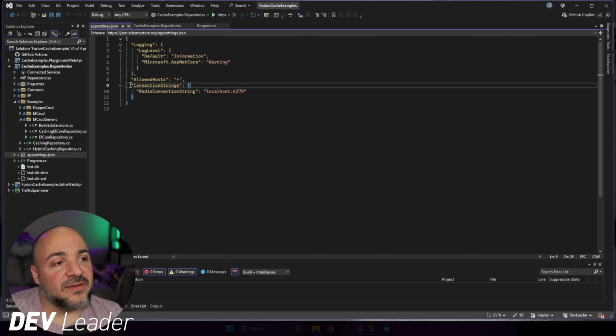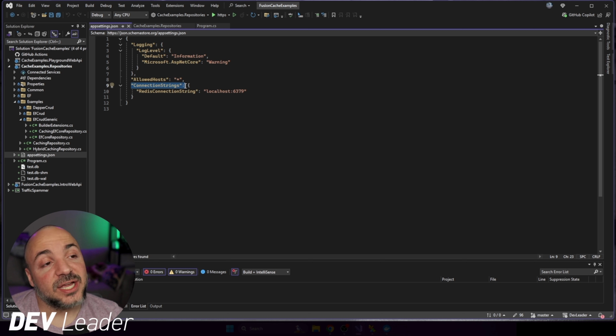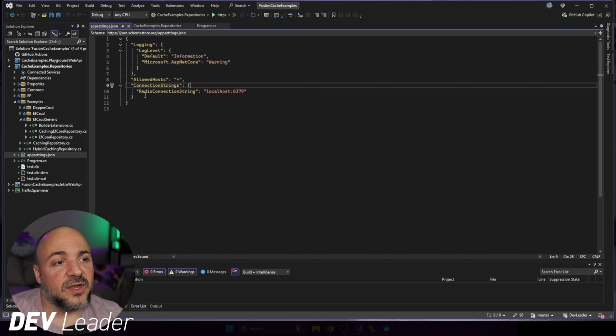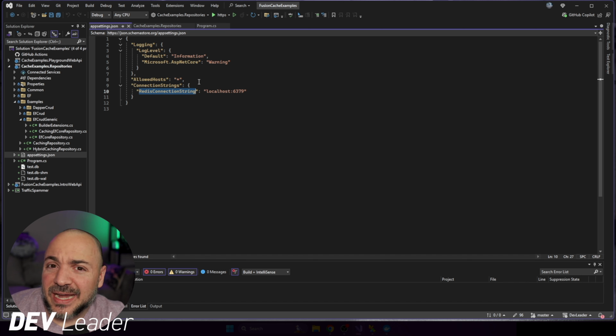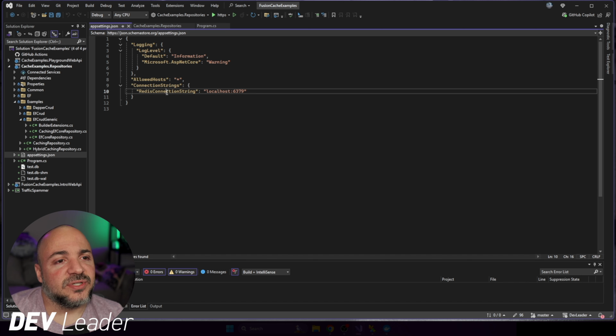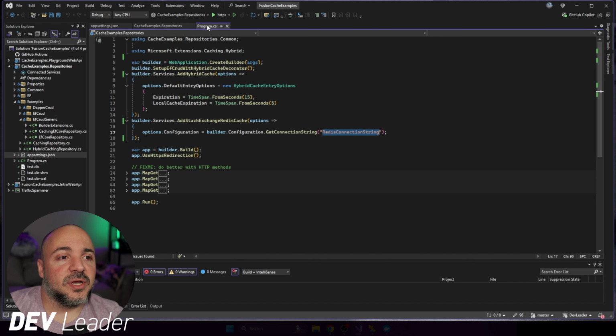You can see that I have this ConnectionStrings section in the configuration. This is sort of a named convention for connection strings in particular. And then for the Redis connection string, I can give it any name I want here, but I'm just using this. And this is the default when I'm running out of the local Docker instance that I have on my computer. With that said, if I jump back here,